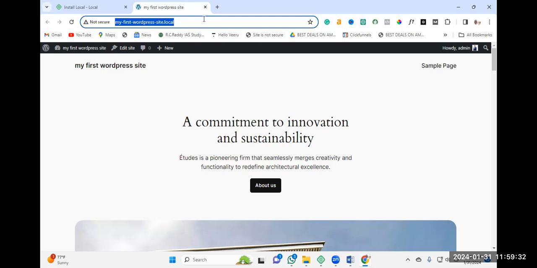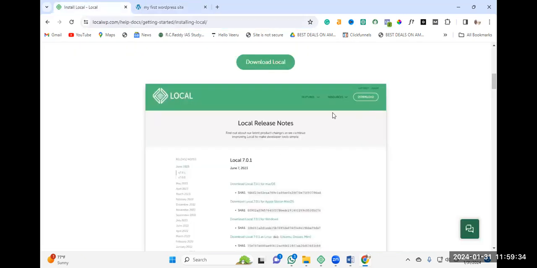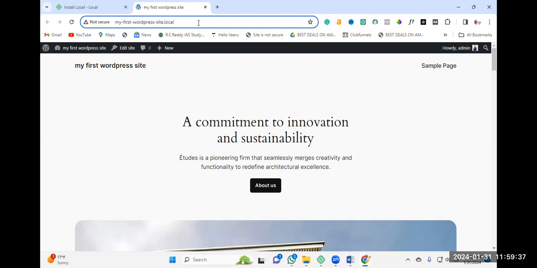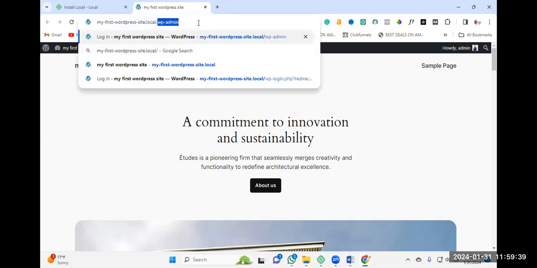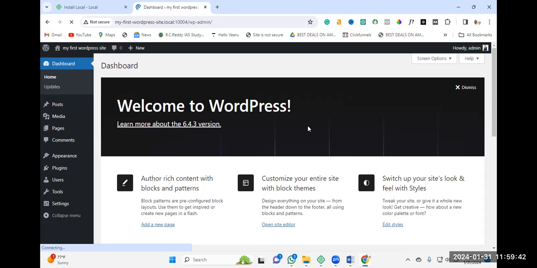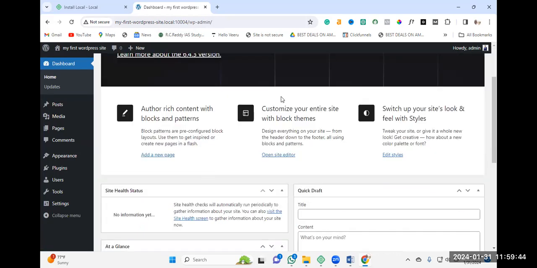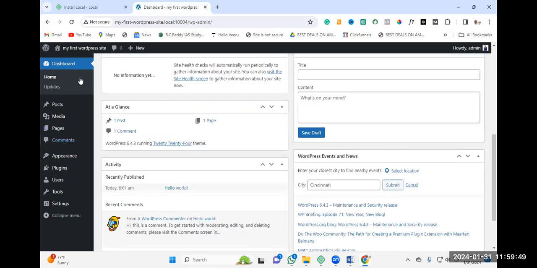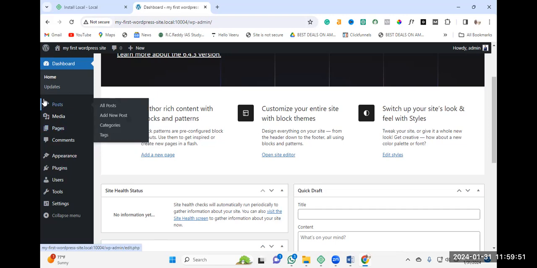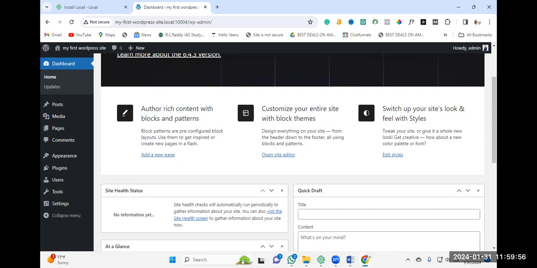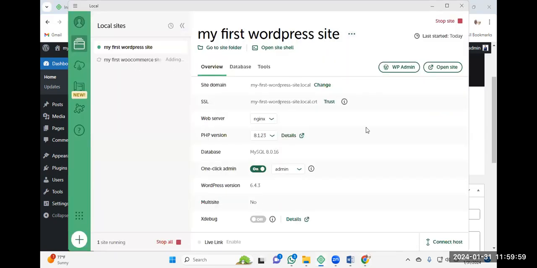And if I would like to go to my admin panel, what I can do is come here and press WP admin, right? It has taken me automatically because I have enabled the option of direct admin login. So I have come into my new WordPress dashboard. The process is very simple, friends. One more website is also being added here. You just come up and click here and then you can add a number of sites. This is for complete practicing purposes.